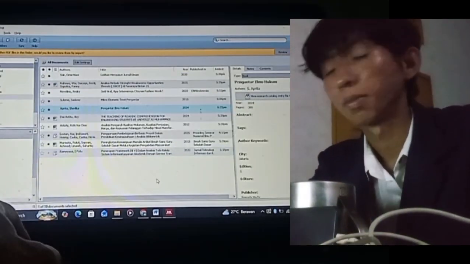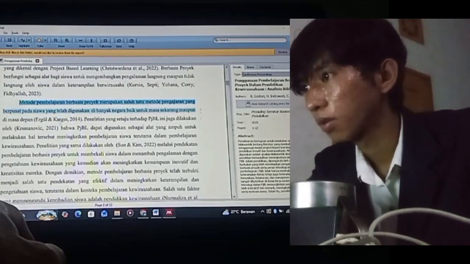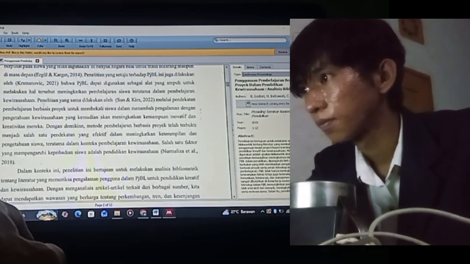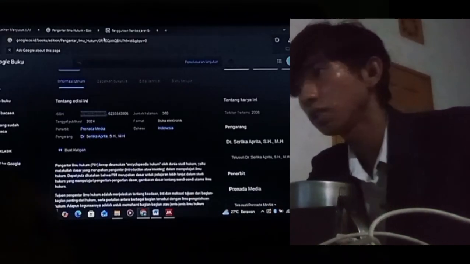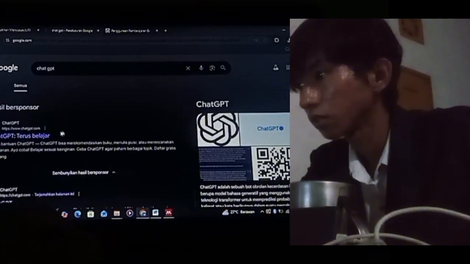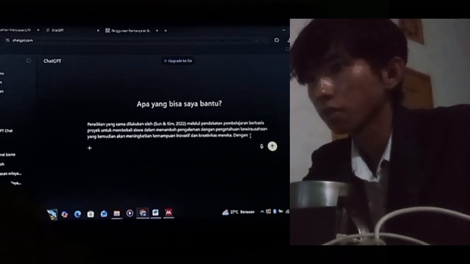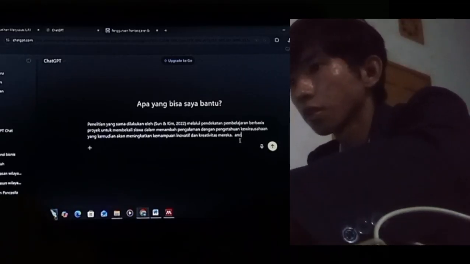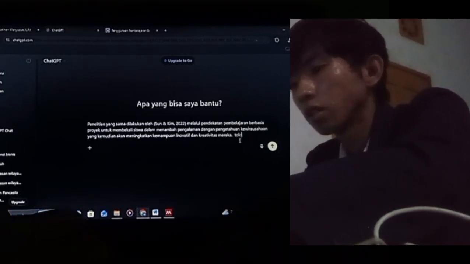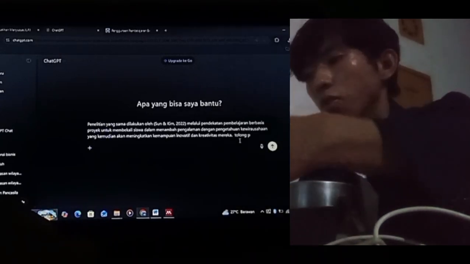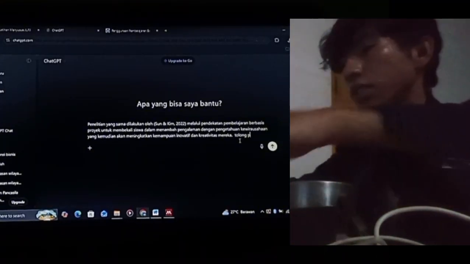And if you want to make a paraphrase, like from this, you can copy the letters, the words, and go to ChatGPT, and you can paste and type paraphrase this, what you copied. So the AI will make the paraphrase.